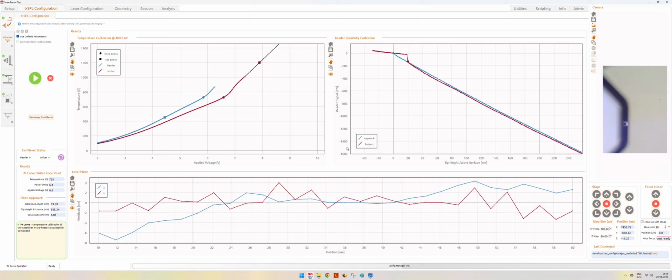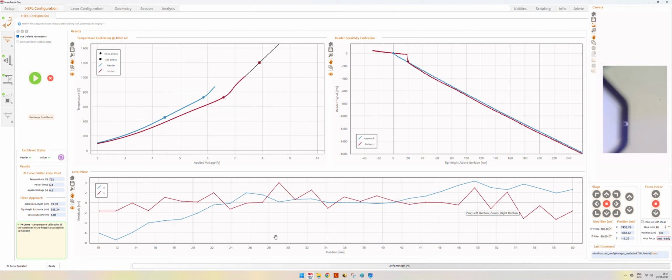So let's now have a look at the level plane, which is the third and final step of the TSPL configuration. The level plane, differently from the IV calibration and the approach piezo procedure, is not done every time we pattern or read a field with a nanophraser. That is because we want to measure the macroscopic inclination of our sample. Because whenever we place any object on any surface, this surface is not going to be perfectly flat. So we need to measure the slope along x and y.